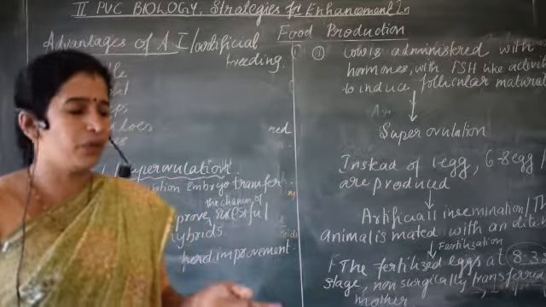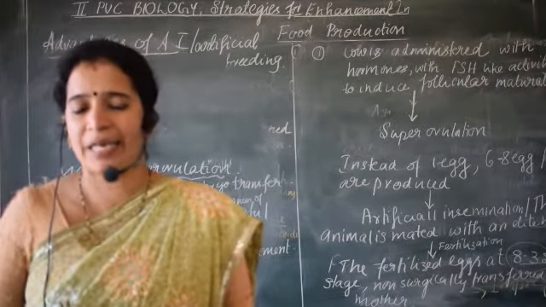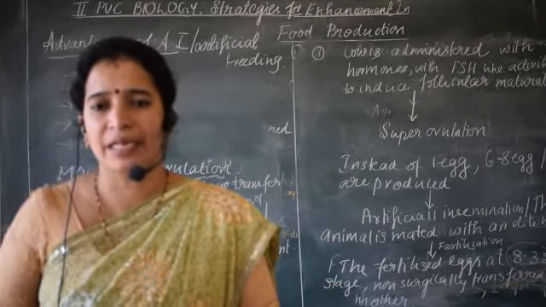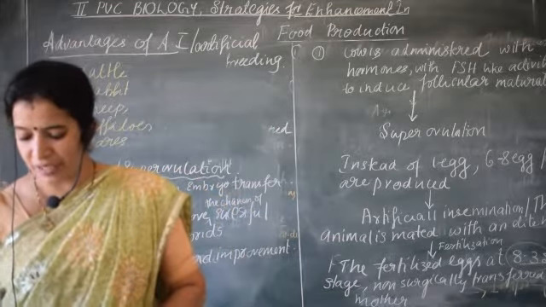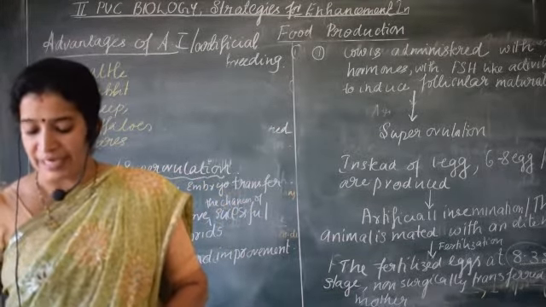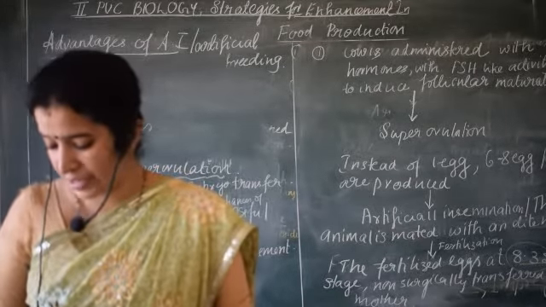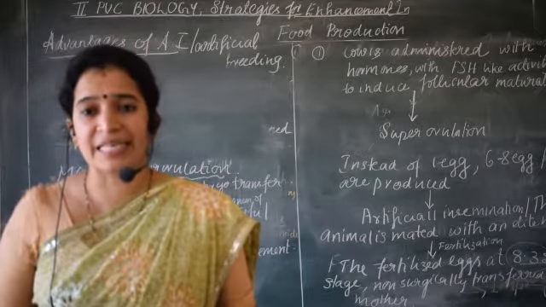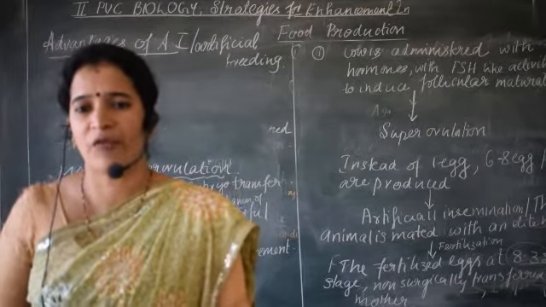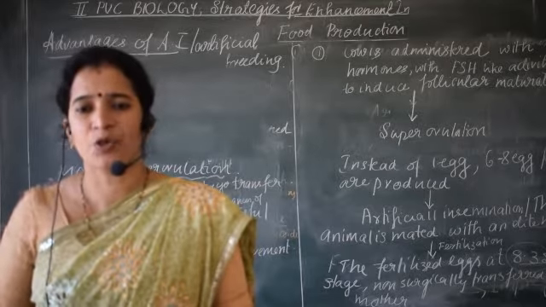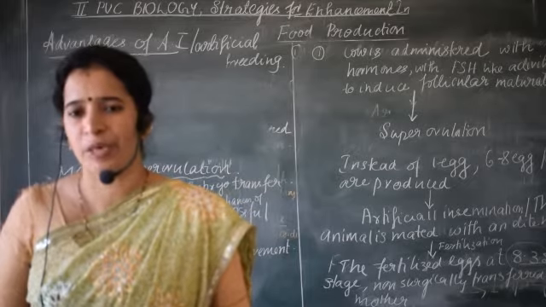So we select the two animals: in female, which have the high milk yielding capacity, and if a male, we consider which can give good quality meat yielding bull, also selected for increasing the herd size, because in the resulting progeny we are expecting the yield also should be good, health also should be good, and meat also should be good.